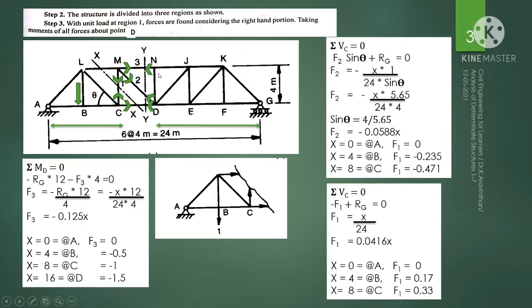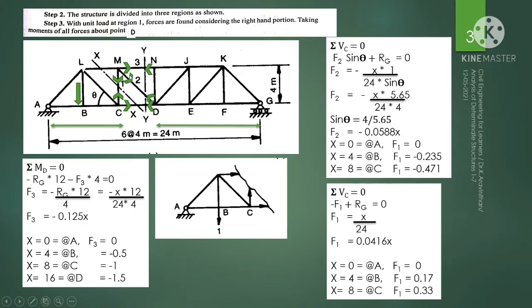So we are not interested in the other plane. Why? Because our point of interest is to find the forces of these 3 members. Hence we are not assuming a tension force at the left hand side. Why? Because we are not interested in finding LM. So for the members we are interested in, we will apply this assumption and then we will start proceeding.